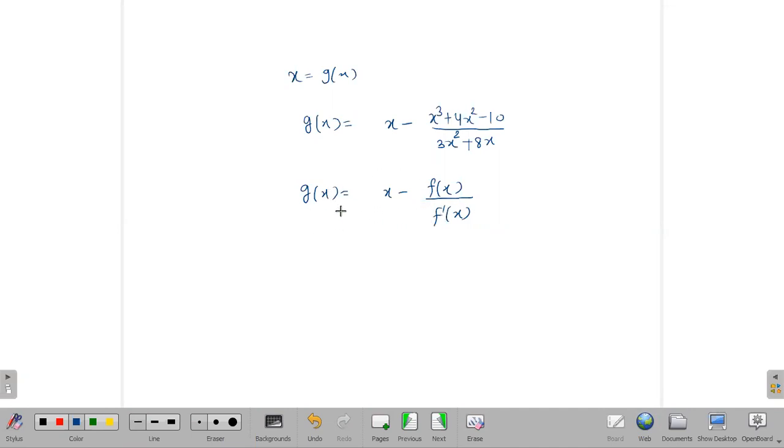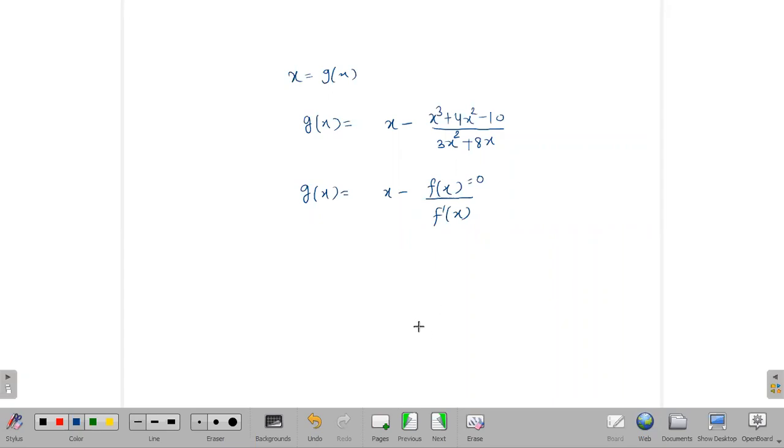Because this is also of the type x is equal to g of x, because f of x is also equal to 0. So if f of x is equal to 0 and you choose its first derivative to be non-zero, then 0 divided by some non-zero term will be 0, then x will be equal to g of x. So this g of x will always work. But that is very complicated. So it is better if you practice these questions, then you will get the appropriate g of x in just 2 or 3 steps, nothing else.